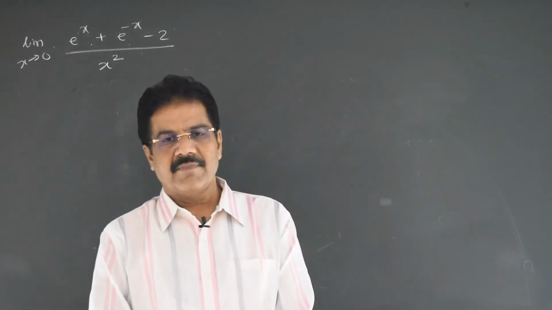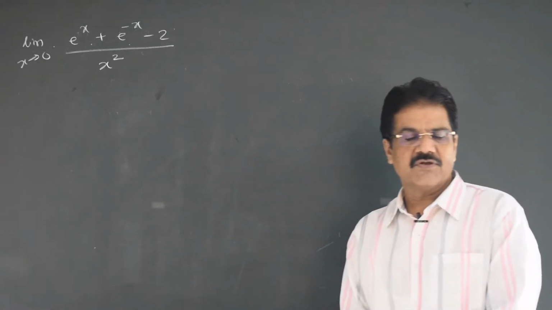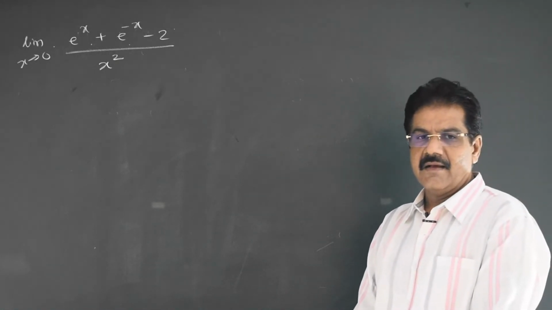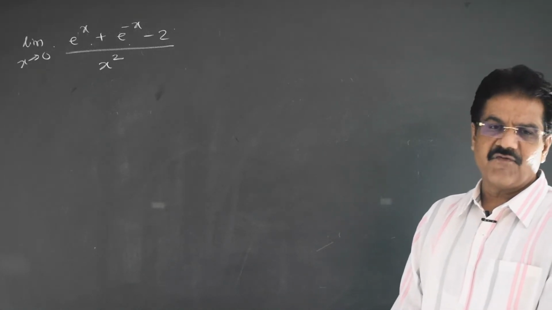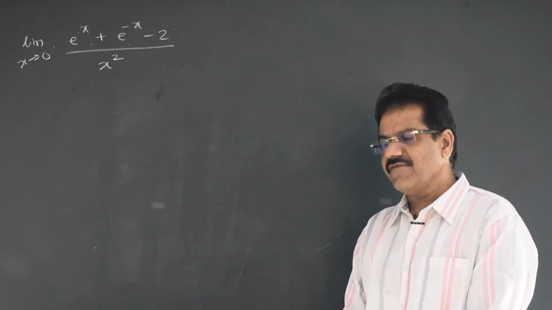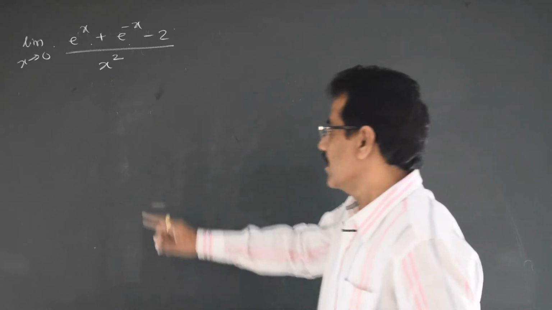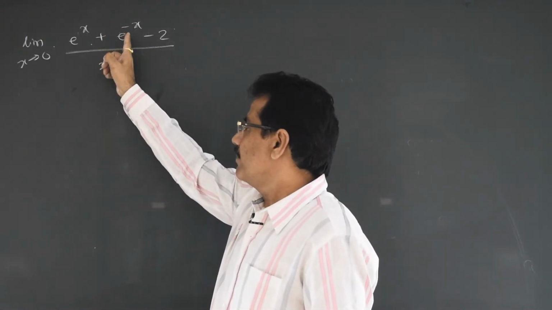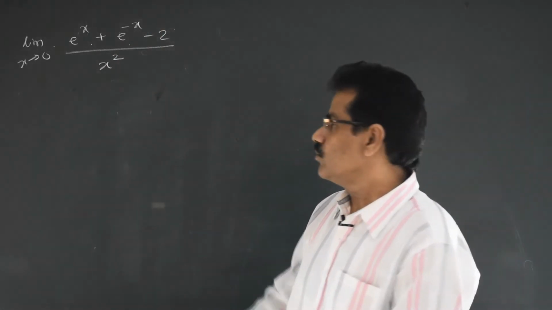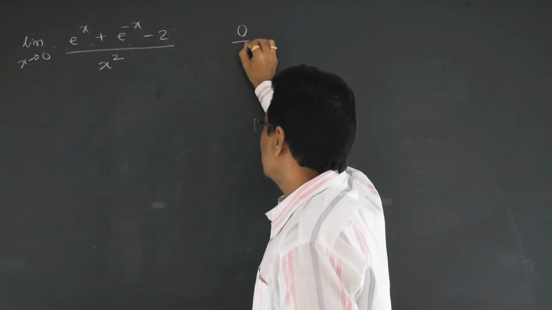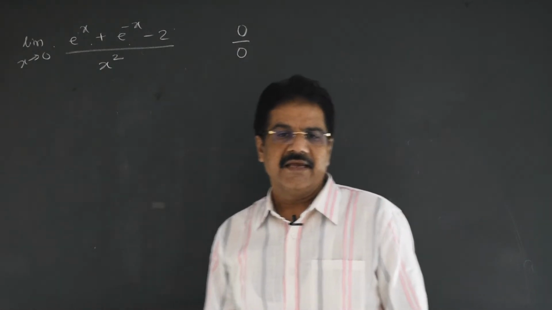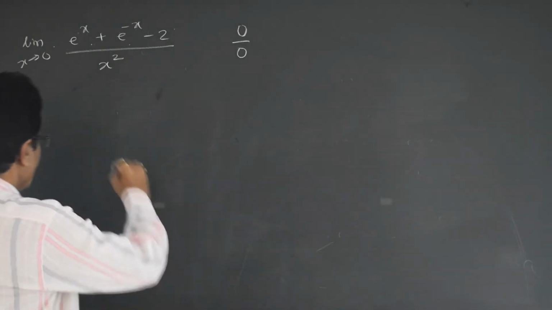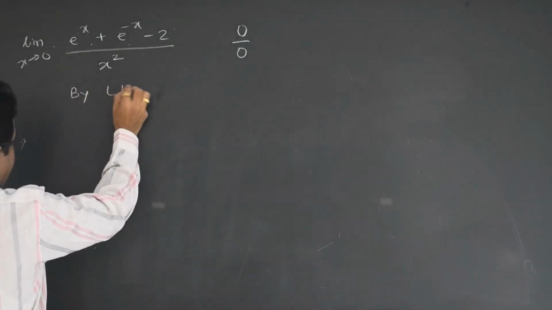Let us take example number 2. Again, this example can be solved by doing certain adjustment, and we can use standard formula. But now we will check whether it is in the form of 0 upon 0 or not, and if it is, we will apply L'Hospital's rule. Replace x by 0, so we get e raised to 0 plus e raised to 0. So 1 plus 1 is 2, and 2 minus 2 is 0. And denominator is 0 square, so ultimately it is also 0. So it is in the form of 0 upon 0, and therefore we are in a position to apply L'Hospital's